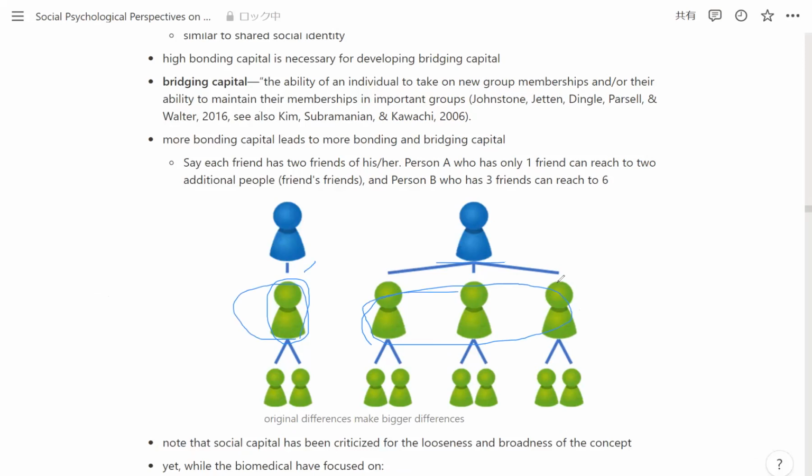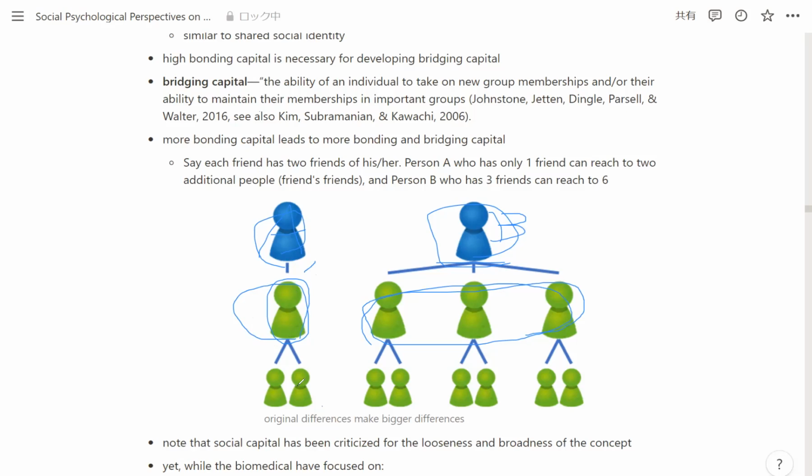Well, you don't really say 1 bonding or 2 bonding capital, but to make things easy here, I would just say person A has 1 bonding capital, and person B has 3 bonding capitals. And when person A has only 1 bonding capital, their bridging capital may be limited because this person can maintain only the bond with this person and possibly